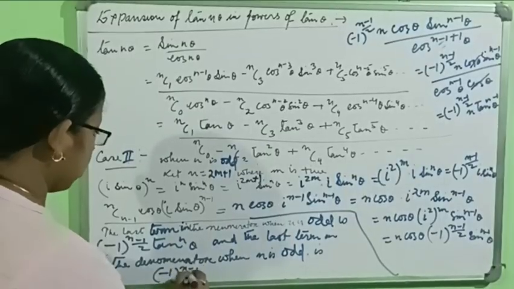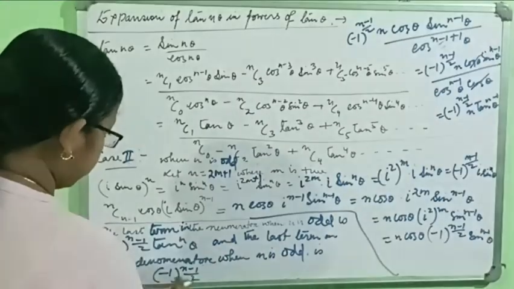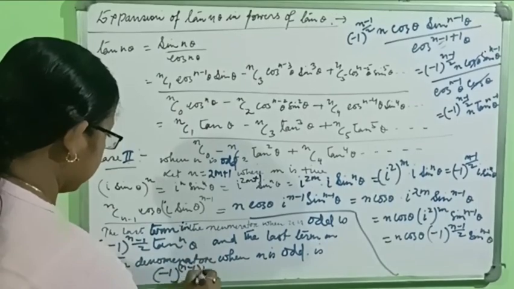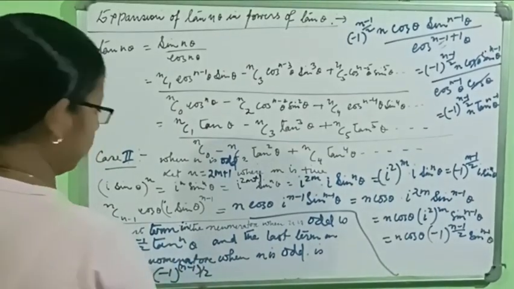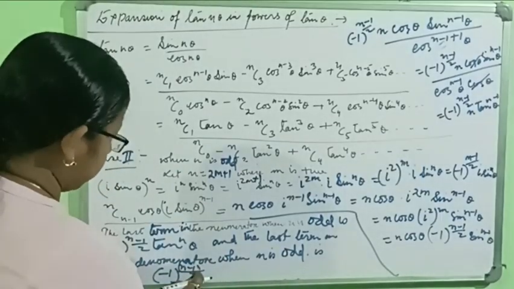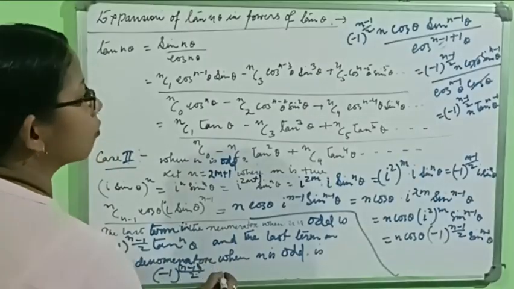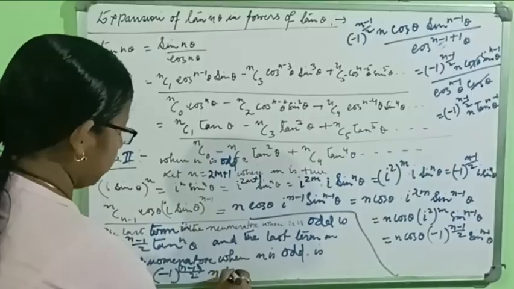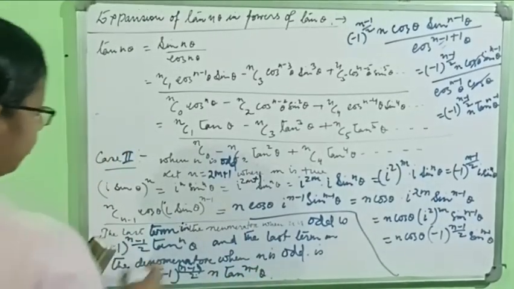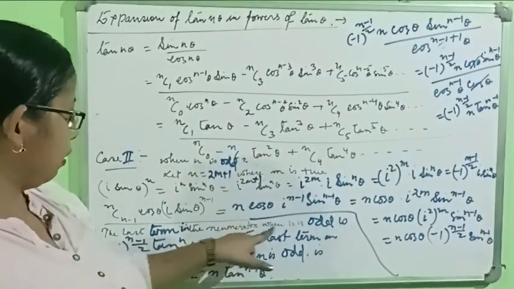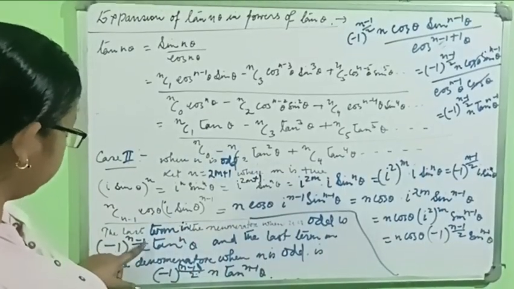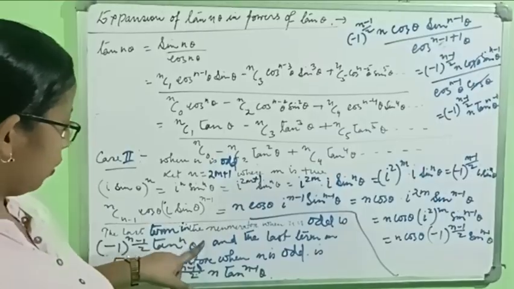n minus 1 by 2 to this power, okay, n minus 1 by 2, and then n minus 1. The last term in the numerator when n is odd is this one, minus 1 to the power n minus 1 by 2, tan to the power n theta, and last